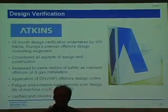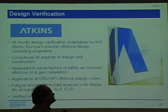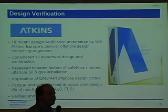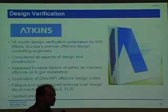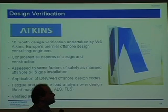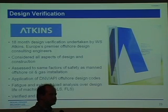And then the third aspect that we did before we built a full-scale prototype was go through a full design verification. Now this is something that's quite common in the offshore oil and gas sector. If you're developing a new bit of kit, you get it verified. And nobody asked us to do this, but we thought it would be a very good idea to have the design independently verified, to look at the extreme loads and fatigue loads over the design life